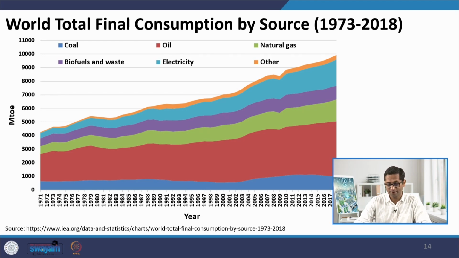And also, if we have a look at the final energy consumption till a few years back, we would see that majorly our energy is coming from three sources, which is coal, oil, and natural gas, and a majority of electricity is again being produced from coal. So more than 80% of the energy that normal people like you and me consume is coming from these three fossil fuels.